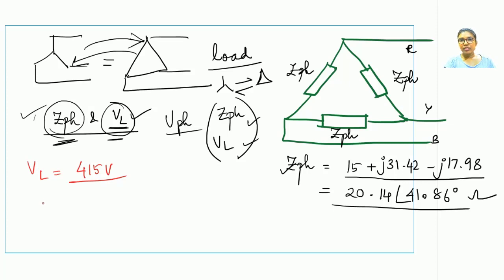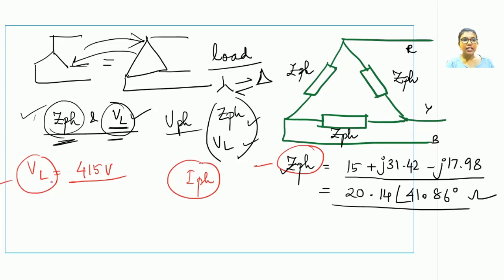Now do not use any parameters that you have obtained for a star connection, because we already know to find out the star connection one requires the value of the phase current. So one must not just jump into the value of the phase current that one has obtained from the star connection and put it over here. We have to work everything in a fresh manner for the delta connection. Why is it so? Because our structure has changed, and since our structure has changed, we have only two values that remain the same. One is Z phase, one is line voltage.